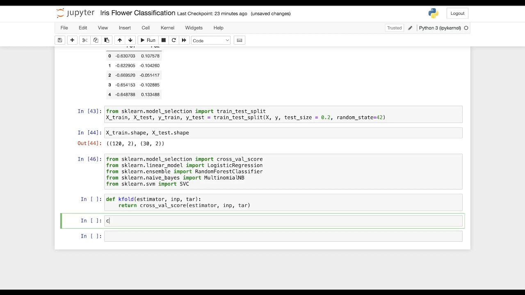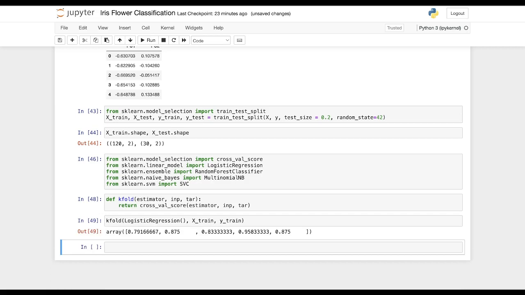So we can call the function kfold, and here we'll pass our first estimator, which is logistic regression, with the parenthesis, then the input that we want here, which is our xtrain, and the output is ytrain. Let us run this. As you can see, it has performed 5 cross validations here.